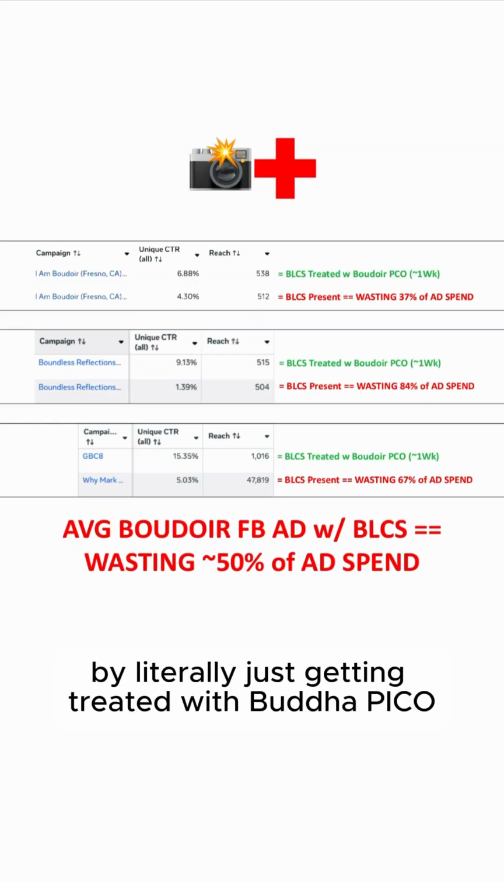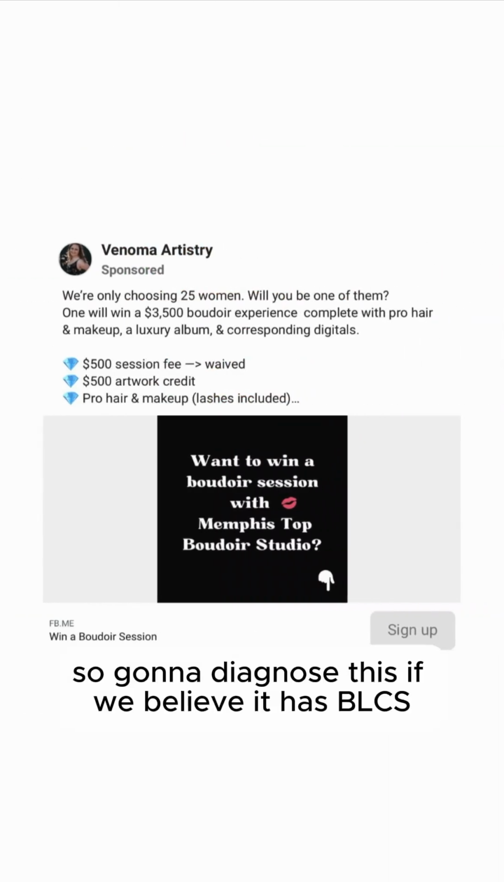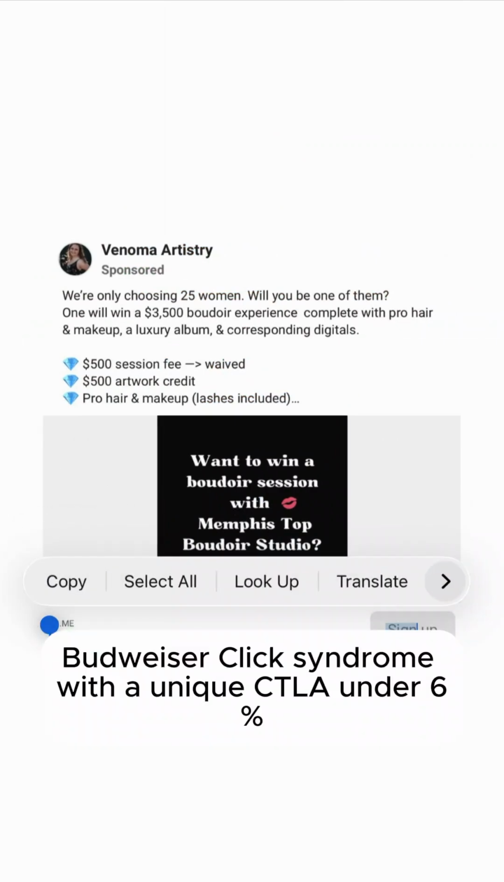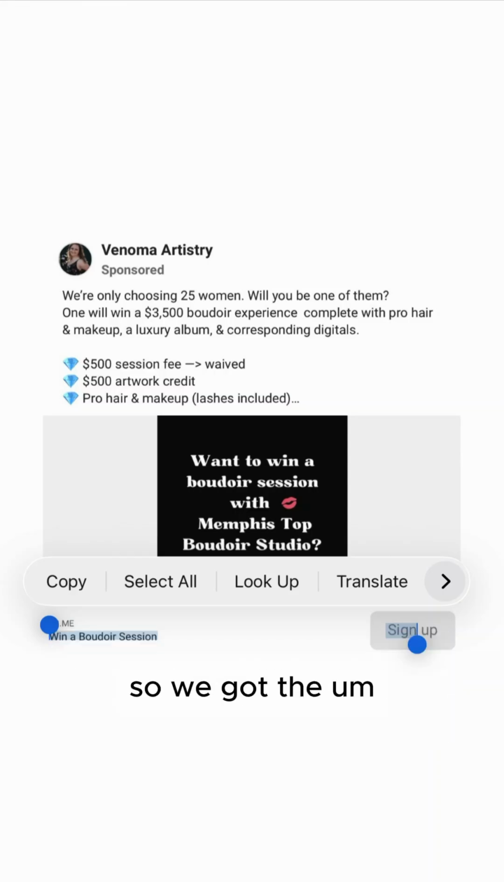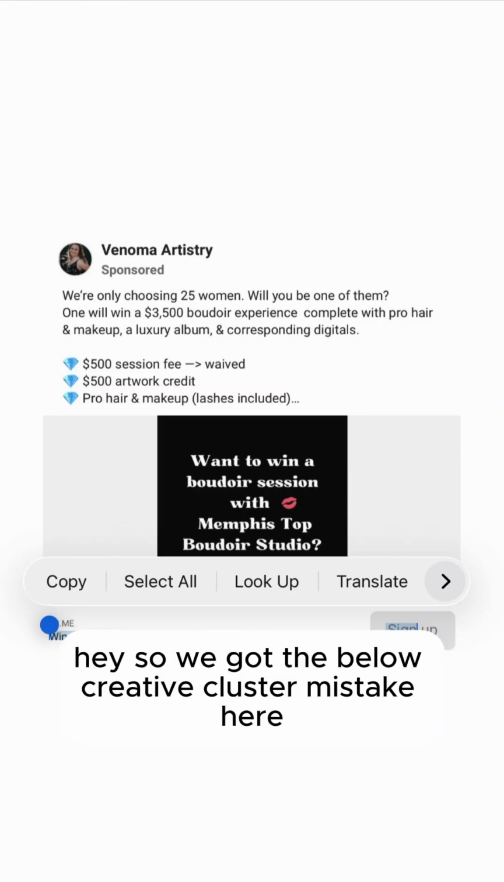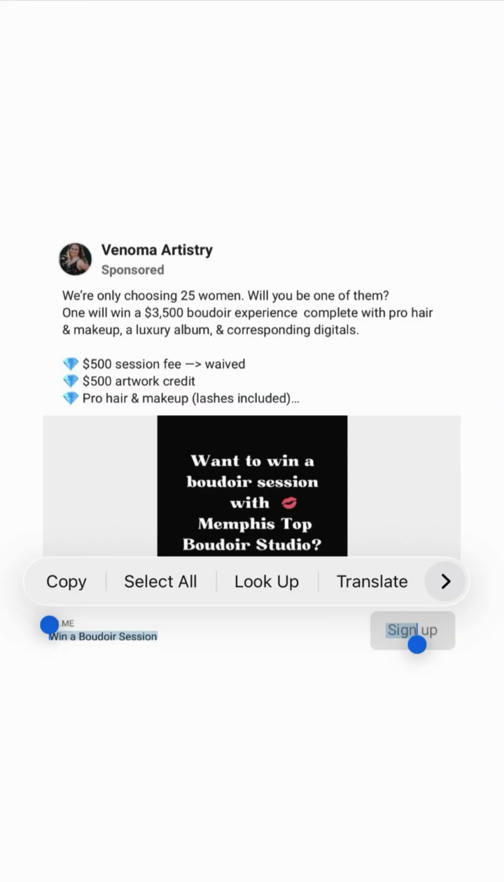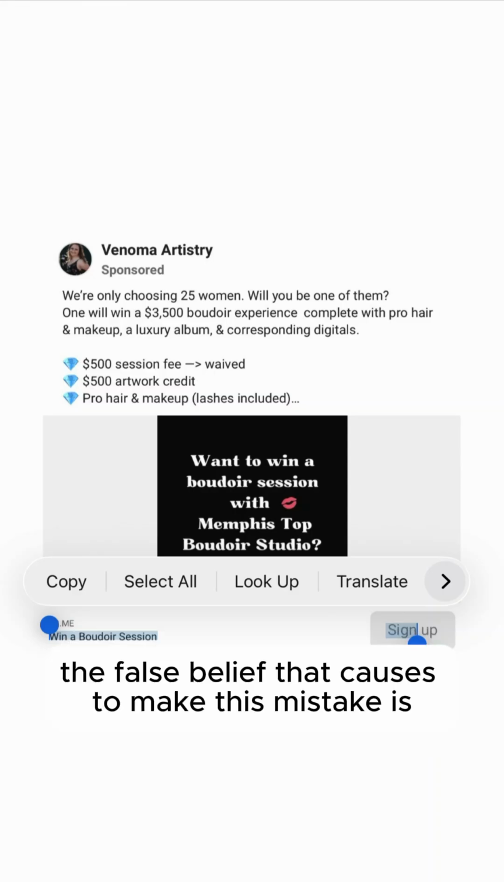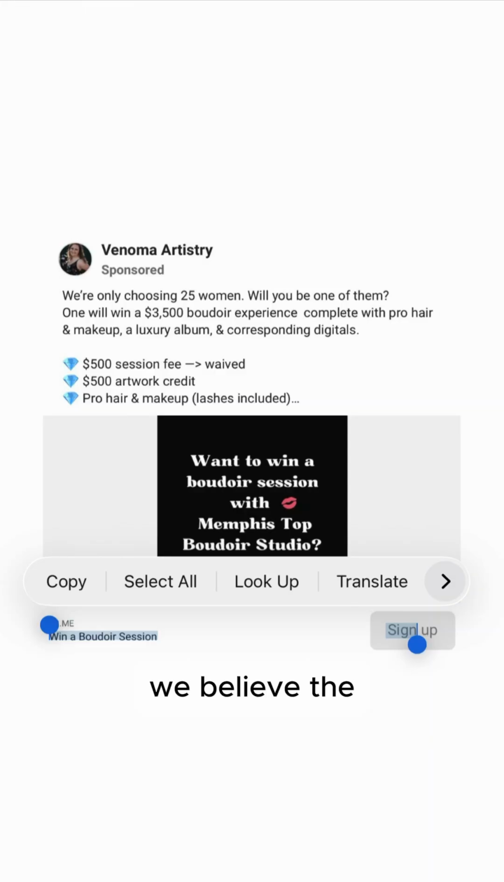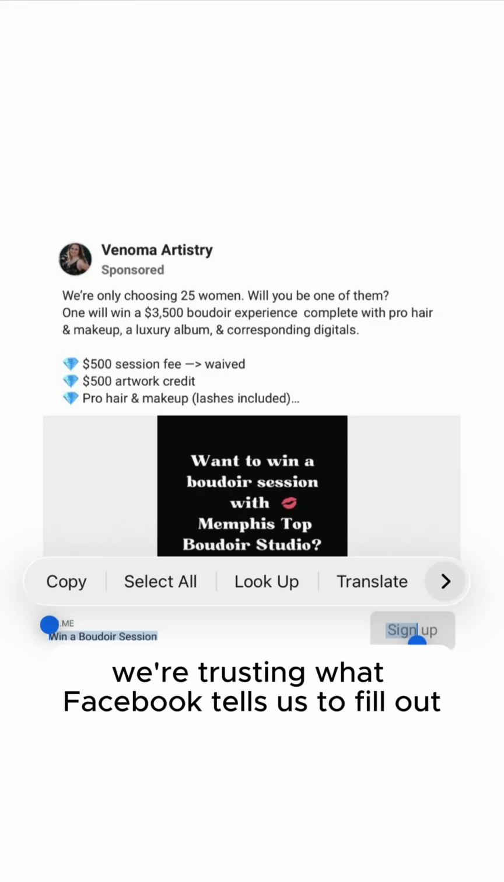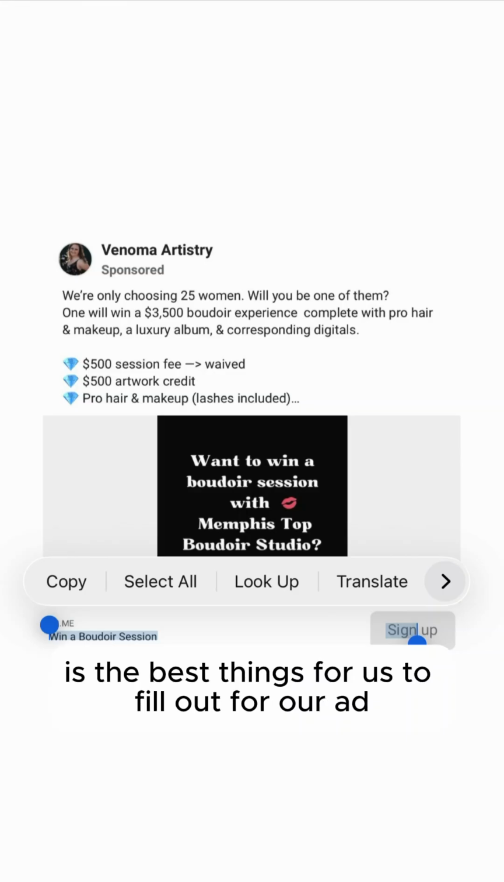by literally just getting. So, we're going to diagnose this and see if we believe it has BLCS, Boudoir low click syndrome, with a unique CTR under 6%. So we've got the below creative cluster mistake here. The false belief that causes us to make this mistake is that we're trusting what Facebook tells us to fill out for our ad is the best thing for us to fill